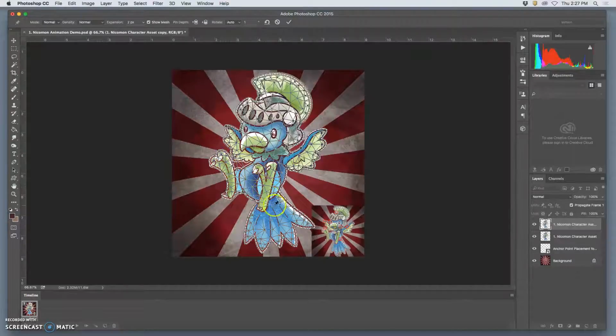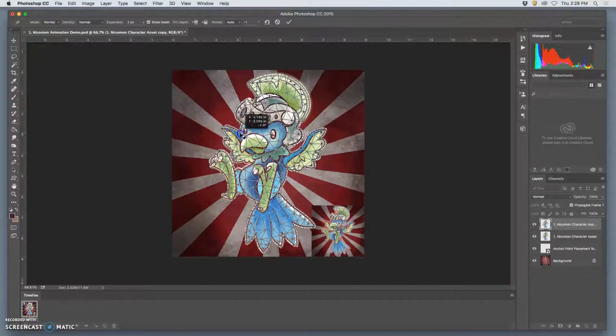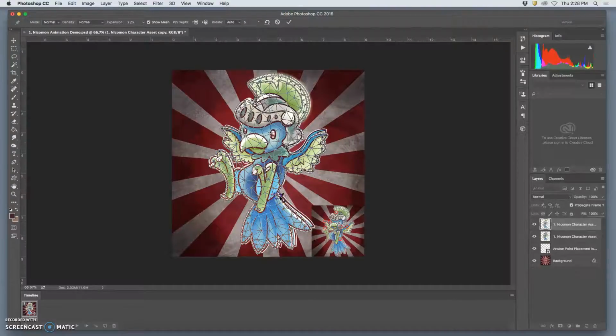And I only have seven anchor points, I believe. 1, 2, 3, 4, 5, 6, 7. And that's enough. So in order to actually start to animate him, now I'm going to use these anchor points, now that I've plotted them, and I'm going to move them a little bit. So I just click on them and move it. So I can move his head down a little bit. I can move his wing out a little bit and down. I can move his head just a little bit. We don't want to move him too much all at once. I'm going to keep his foot probably where it is, but then I'll move his bottom just a little bit. And then you'll